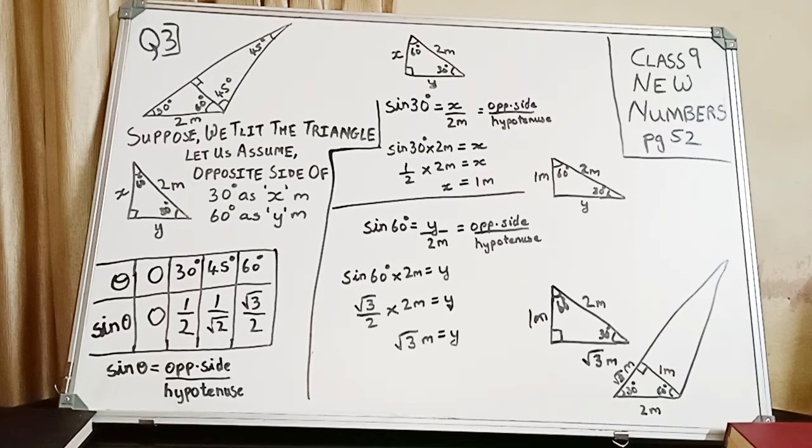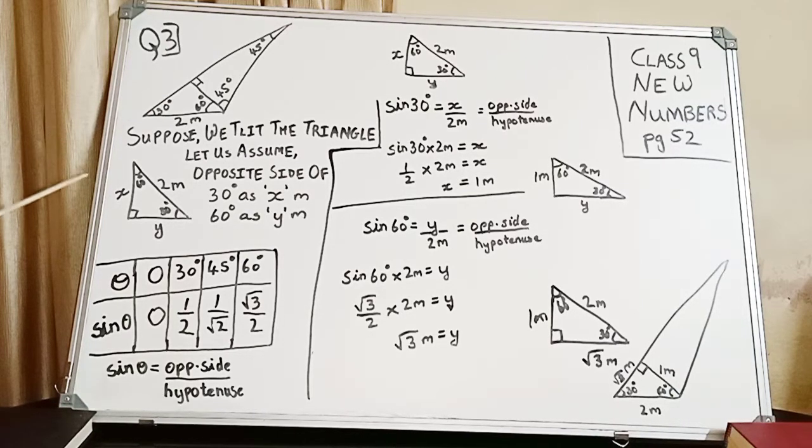So let us suppose this small angle what we have found out, we can tilt this triangle in this way. This 30 degree is shown over here, this 60 degree is shown over here, this is the 60 degree, and this is the 90 degree. You can see this 90 degree has got tilted over here in this diagram, and this 30 degree has gone to this side, and this 60 degree has gone to this side. The same triangle, the small triangle.